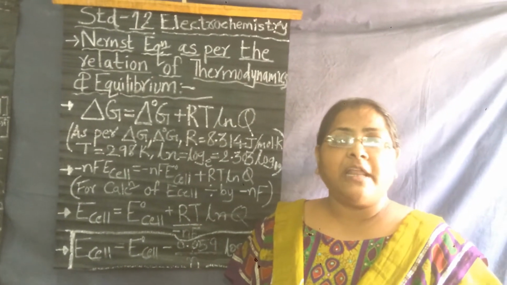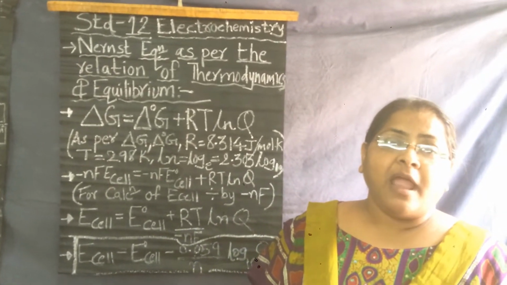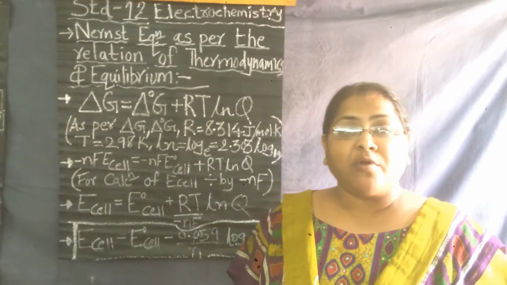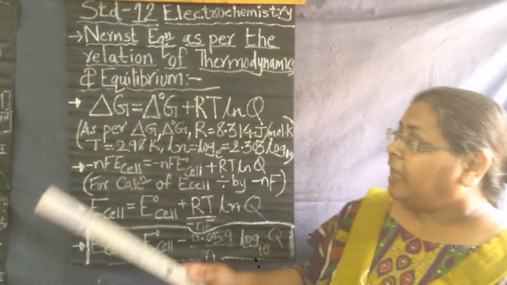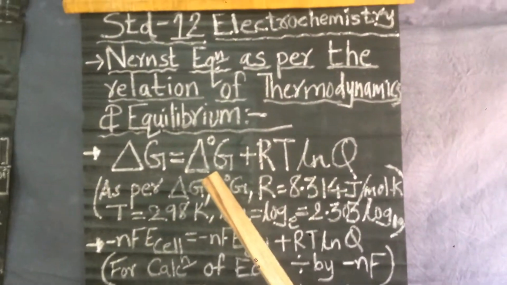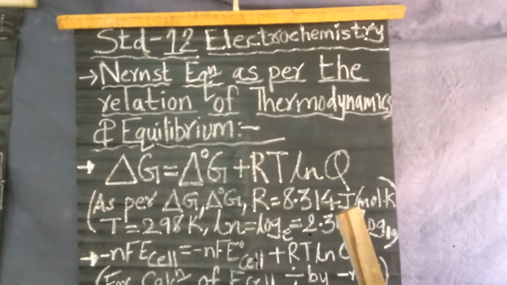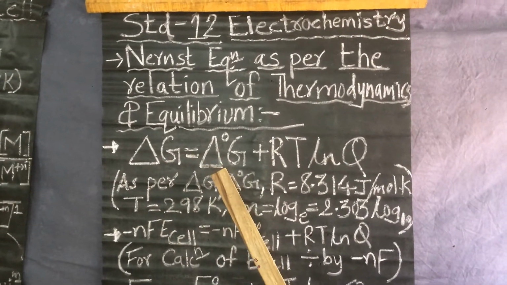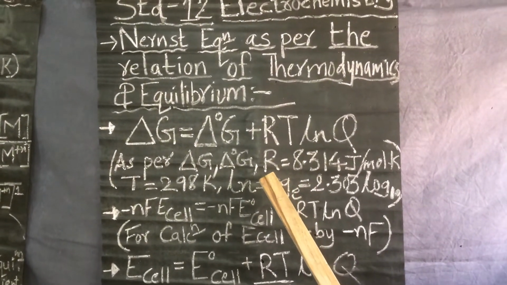So, Nernst thought in the relation of thermodynamics and in the relation of equilibrium, and from that the equation was derived, in the combination of equilibrium and thermodynamics, which you have already learned in 11th standard. Please pay attention here. Gibbs free energy is equal to standard Gibbs energy plus RT ln Q. Now here, you know what is delta G, what is standard G, but R, as per your 11th standard knowledge, R is the gas constant,